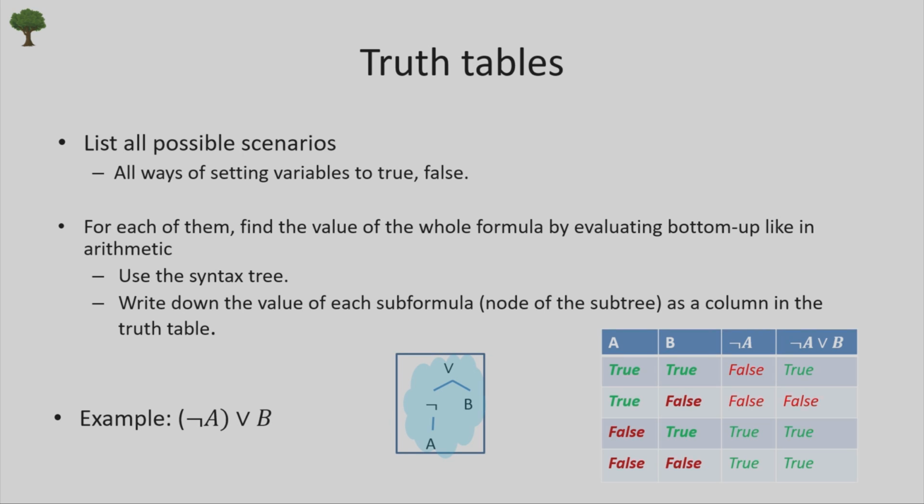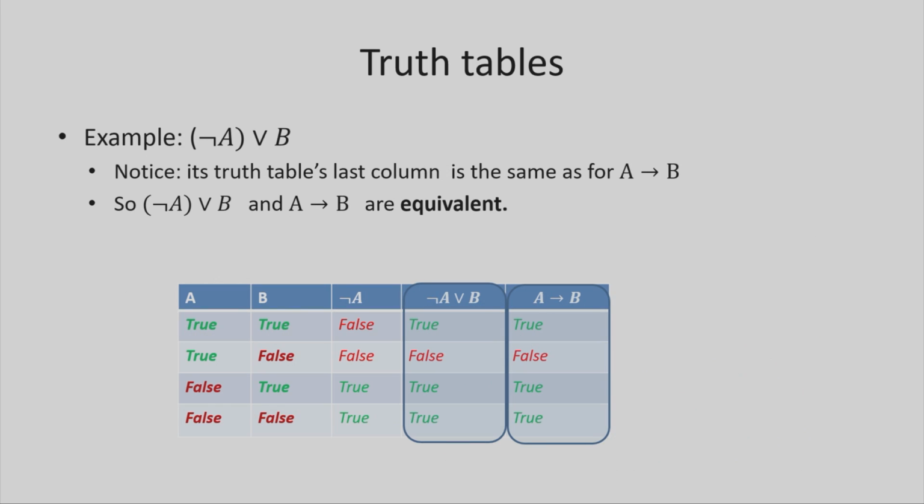So we only need to look at the 2 things underneath, the column with B and the column with not A. Whenever both of those columns have the value false, we put in false, otherwise we put the value true. So you may notice something. You may say, wait a moment, didn't I already see